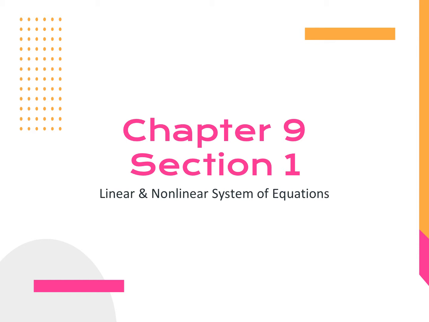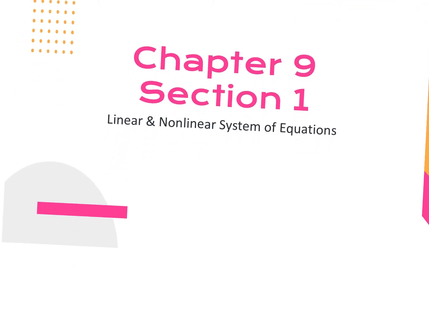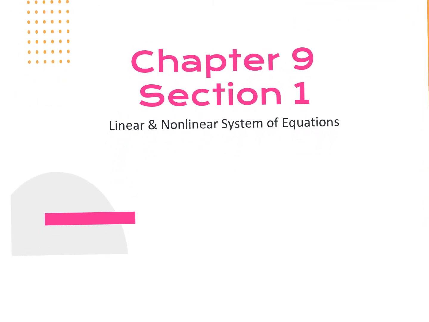When we're solving a system of equations, what we're looking to find is the ordered pair where the two lines cross if you were to graph them. So for example, let's say you have your coordinate plane here and you graph two lines. The solution to this system would be whatever ordered pair this is where the two lines cross. So when you have a linear system, you can either end up with one solution,